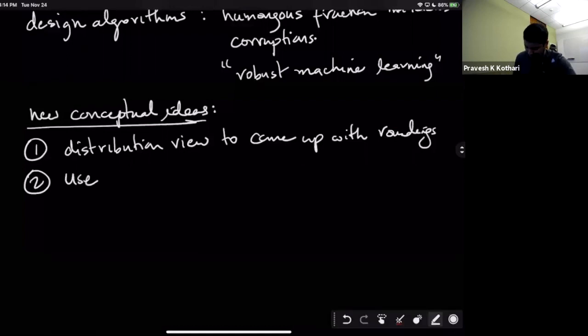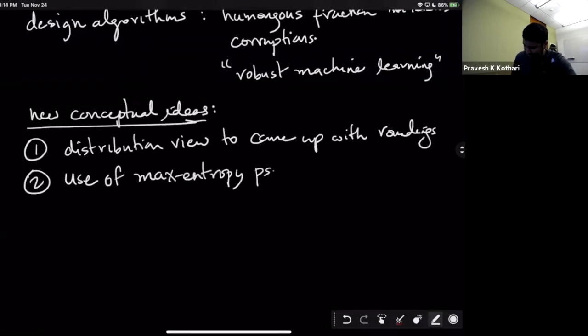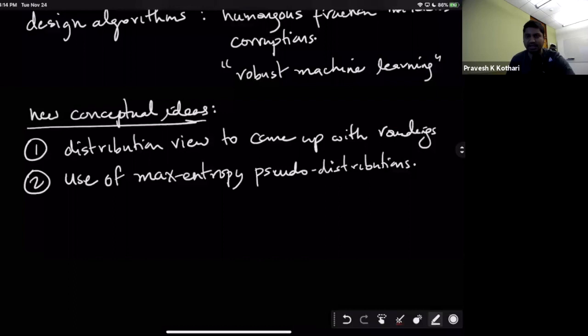So, the use of max entropy pseudo distributions. This is kind of an ill-defined idea right now, right? What does it mean to define entropy for pseudo distributions, and what does it mean to have max entropy pseudo distributions? How can we find them, etc.? We'll see it in some more detail, but so far our algorithms have worked by finding any pseudo distribution that is consistent with a bunch of constraints and is of high enough degree. Today, that won't work. Today, we will have to rely on using a distribution that satisfies a bunch of constraints and minimizes certain notions of entropy. So we'll see that.